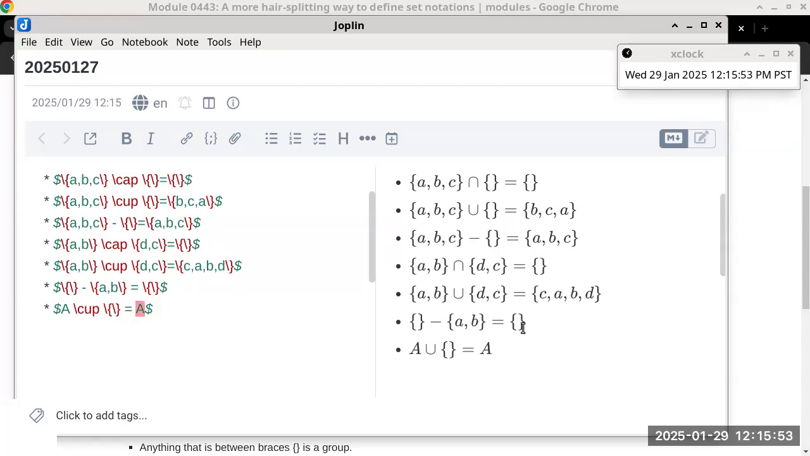Oh, for every set A, this is true. Is that what you mean? You mean using a quantifier? Well, this is a little bit harder to use a quantifier, but I can certainly use words to describe it. Okay, for any set A,